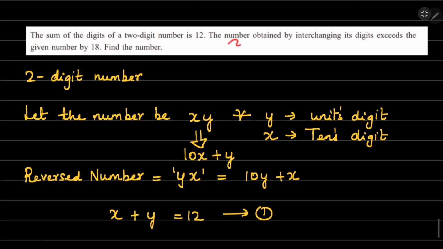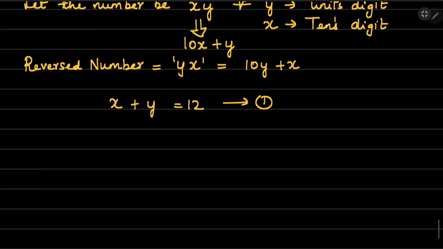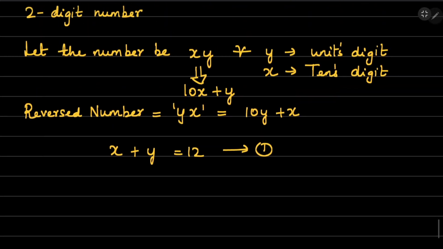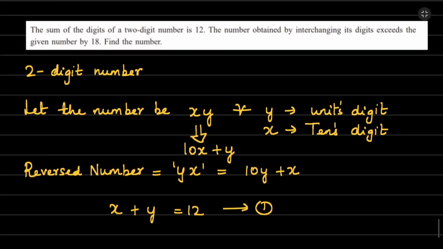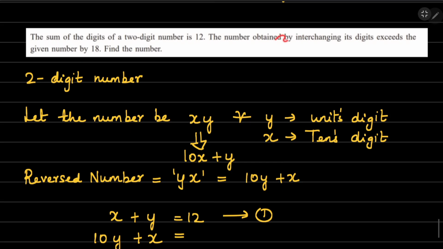The second equation: the number obtained by interchanging its digits exceeds the given number by 18. That means the number obtained by interchanging the digits exceeds the given number, that means it is more than the given number by 18. So what should you write? The number obtained by interchanging the digits, that is 10y plus x, is equal to